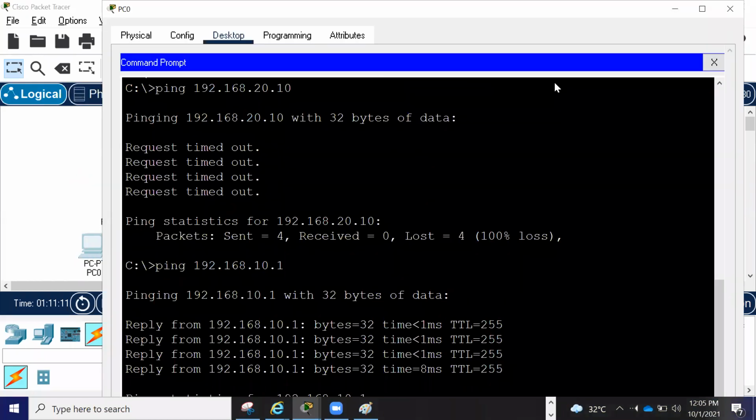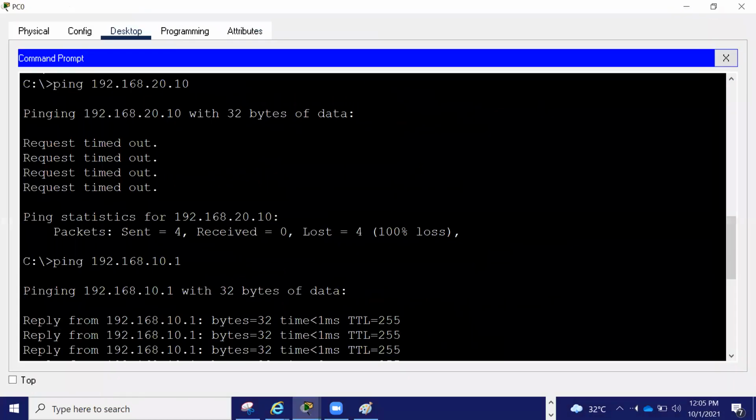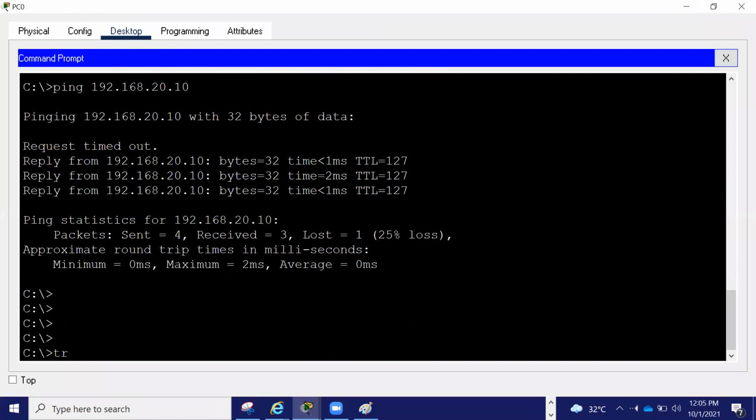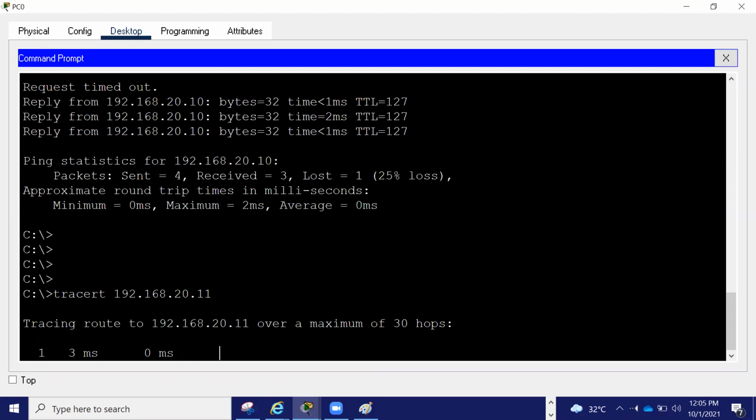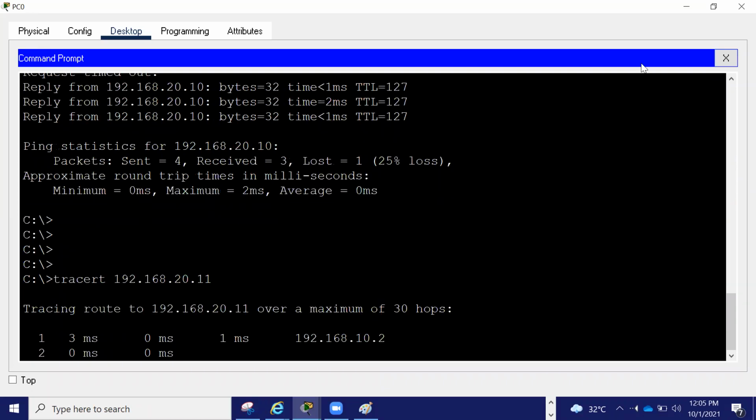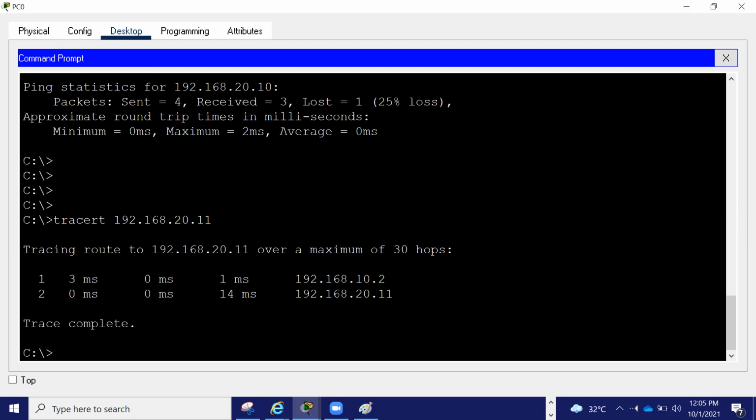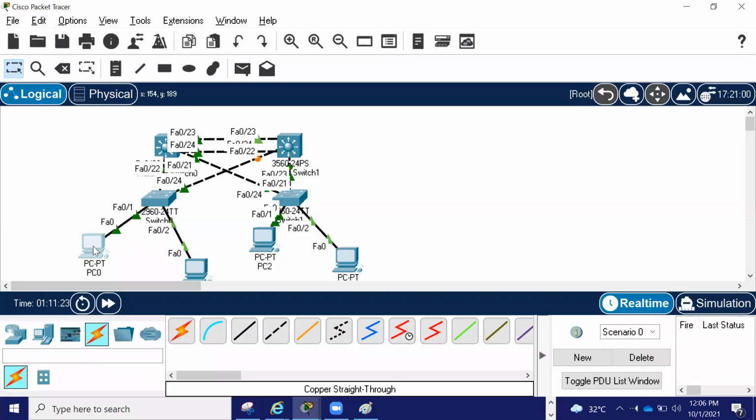Similarly, from here, if I trace tracert 192.168.20.11, see, here also it went via 10.2. Now look here, guys. This machine wants to talk to this machine, so it went to core 1 and went here.